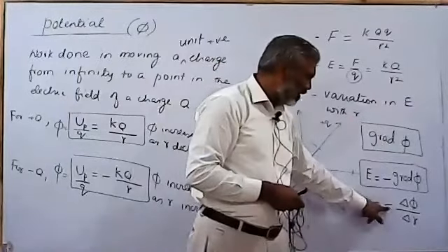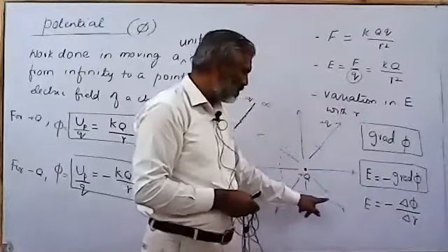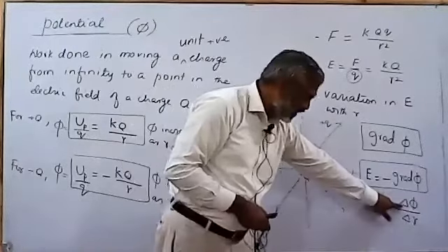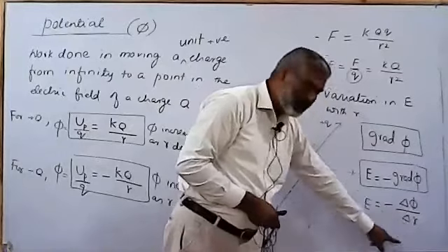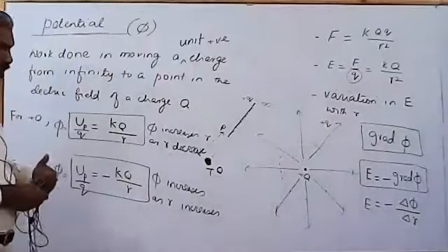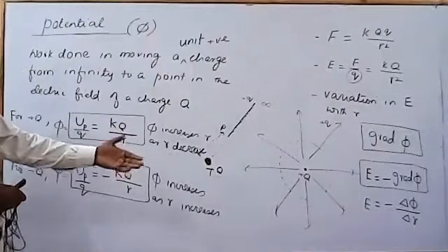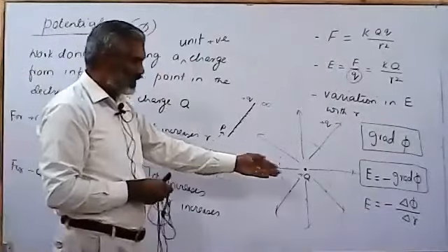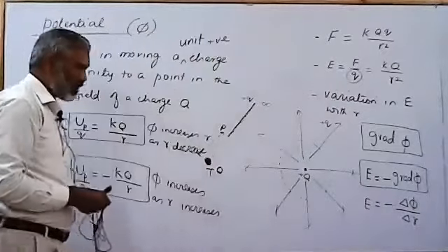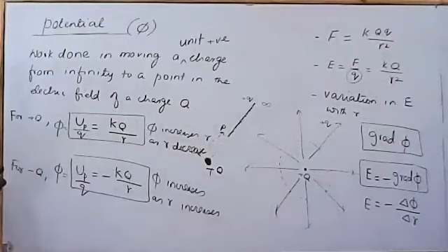And how do we calculate electric field at a position in the field? We calculate change in potential divided by the distance through which we have moved. So delta phi over delta r is grad phi, and it is related to electric field through this equation. So this is the last thing that I have discussed.